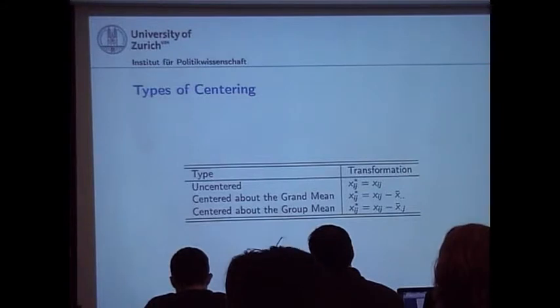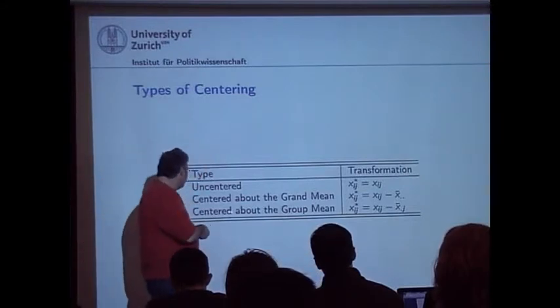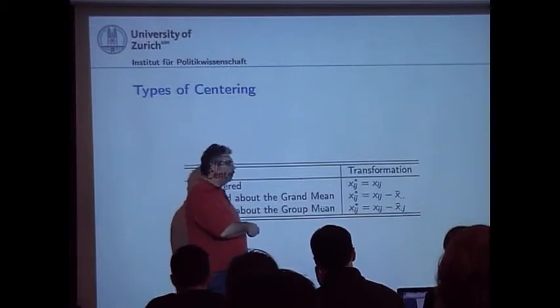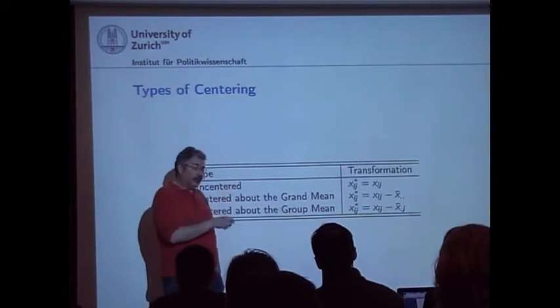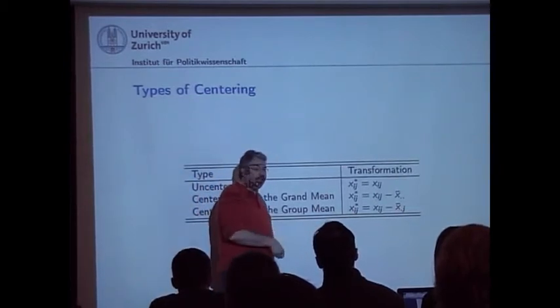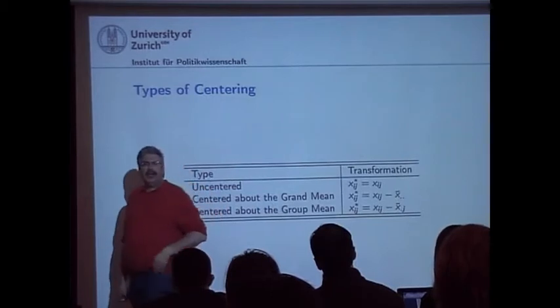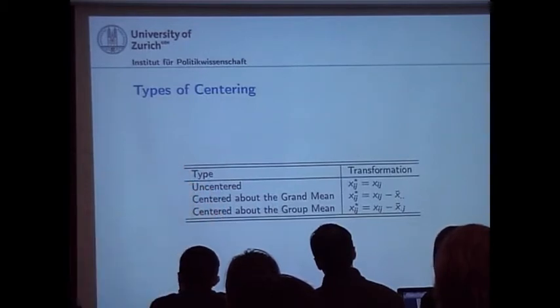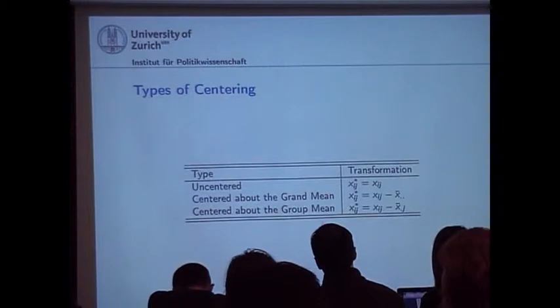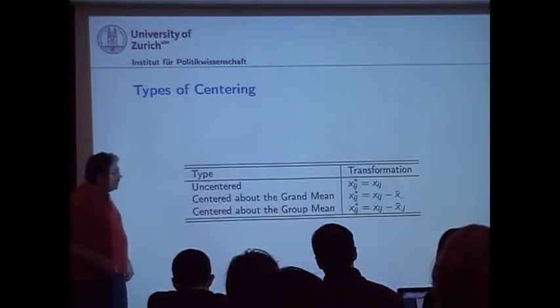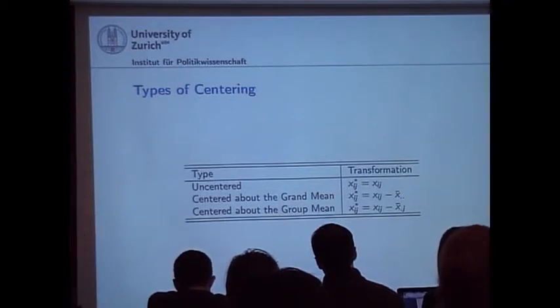Or what people sometimes prefer is to say, well, it makes more sense to center about the group mean. You calculate the mean of the predictor in the group. That's what this x bar dot j is. And then you look in this particular group, where does the individual stand relative to the group mean? Is the score bigger than the mean, less than the mean, how much bigger, how much less? And this can help in interpretation, and I'll show you this for a